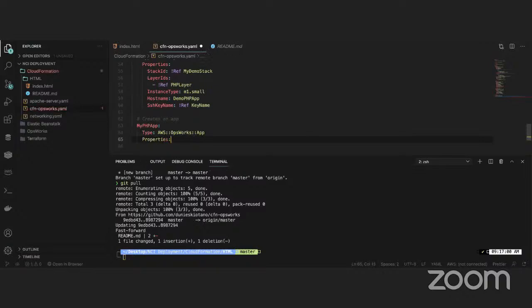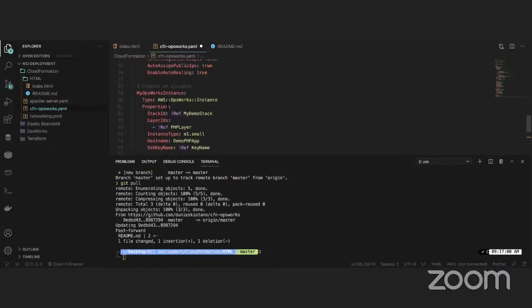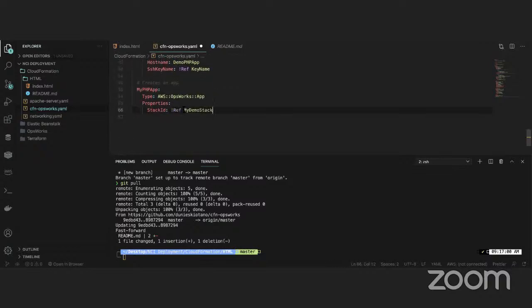Properties. We have the stack ID where the app is going to be created. So we have the stack ID from here, right? The type of the app is going to be PHP, right? The name is going to be my demo app,